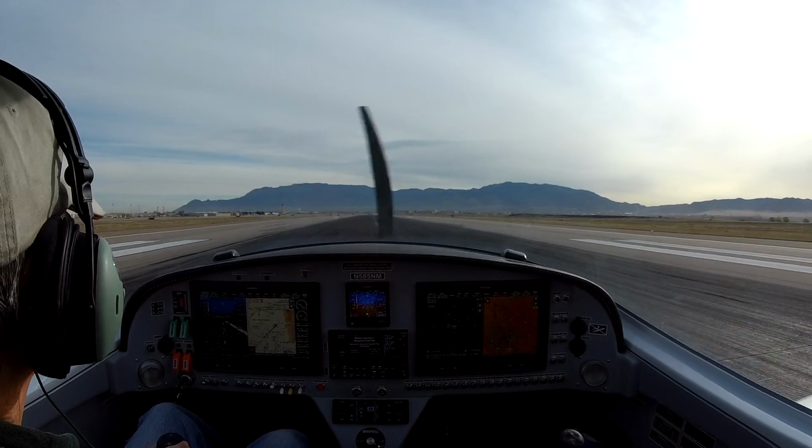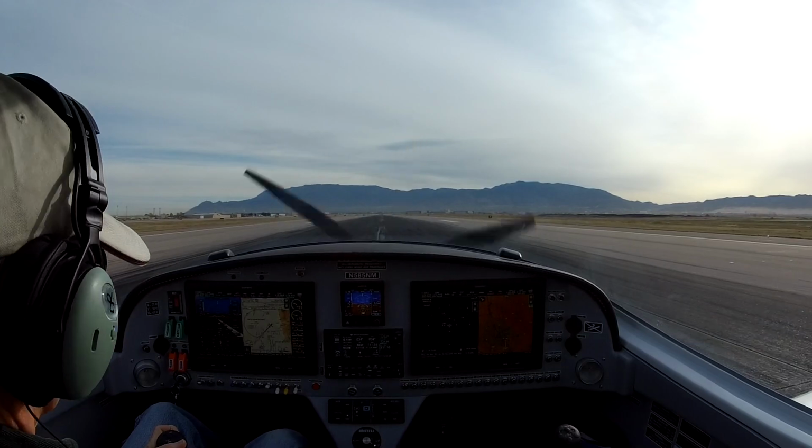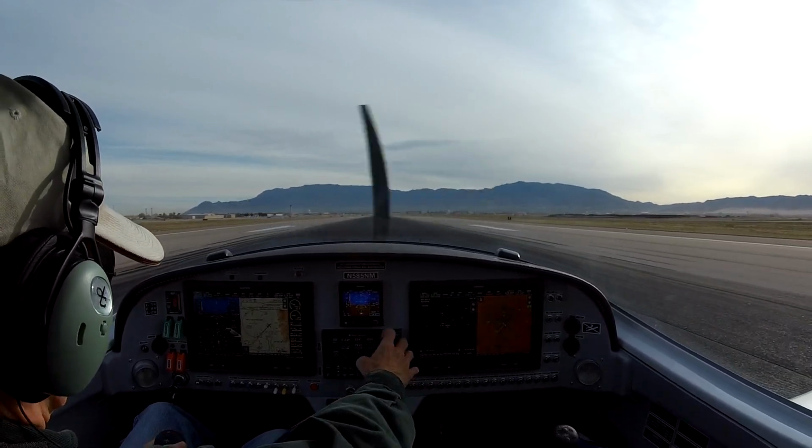5 November Mike, left turn, roll down to Fox 1, ground behind. Okay, Fox 1 and over to ground, 5 November Mike. And flight 1284,